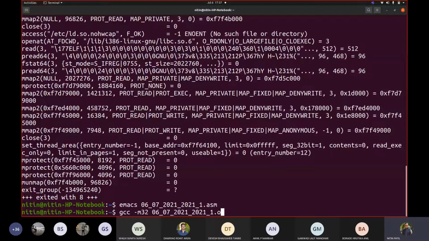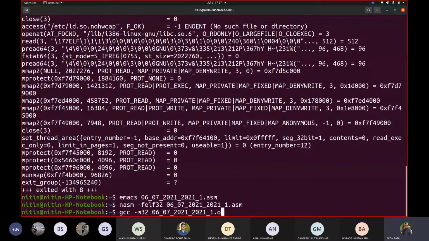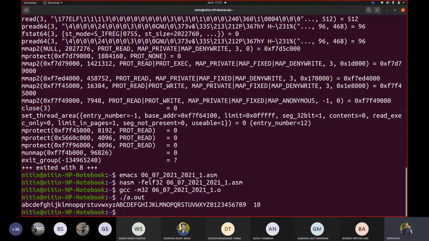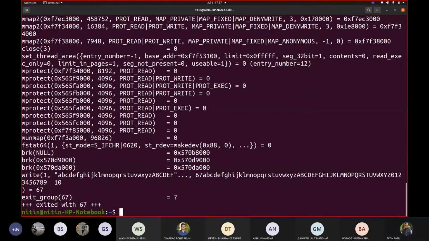Okay, so let me translate the code. Let me generate the executable and let me write strace. So if I execute this, you can see my characters are displayed, correct? But I want to check this one. strace it dot out.